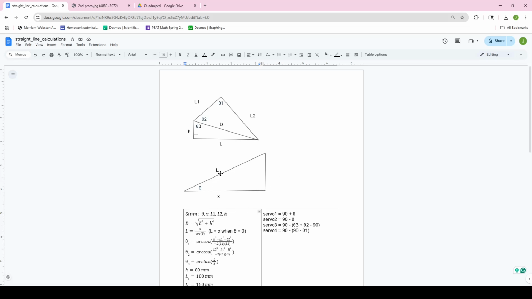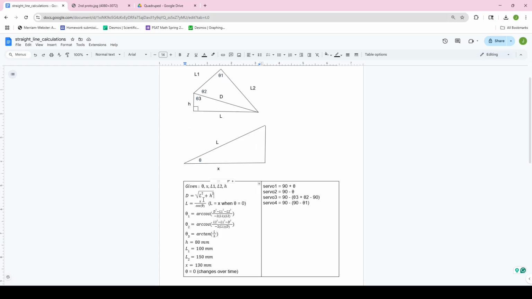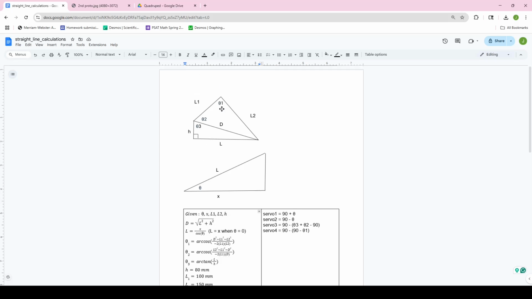Next is going to be L, which, if you can imagine, is the ground point below the hip to the point where the two legs end. L is going to be a straight line distance. That's given by x over cosine theta. Cosine theta is going to be x over L,